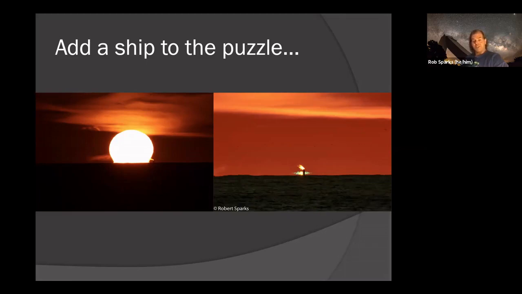So that's a very interesting picture. And when I was photographing this, I did not realize there was a ship there. I did not know until after I started looking at the pictures. And I saw the green flash naked eye and this little yellow thing sitting there. And I'm like, what is going on? Because that little yellow piece of refracted sunlight hung in the air for about 30 seconds after the sun set. So I'm sitting there taking pictures saying, when is this going away? When is this going to end? So it was amazing how strong that refraction was from a ship's smokestack right there. I had no idea what was going on when I was actually physically looking at these pictures.